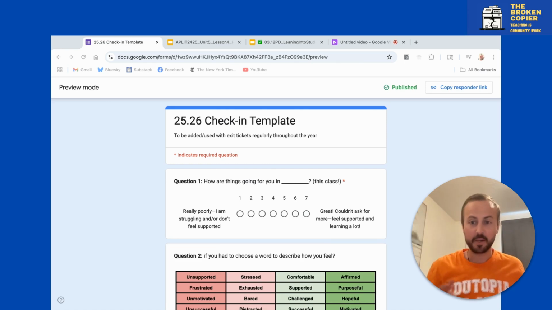All right. A couple years ago, Jim, who started the Broken Copier with me, shared this awesome survey, like this check-in that he would add to an exit ticket, put at the end of Google Forms. And I've adapted that to my classroom. And the last couple of years, it's become this core system that I wanted to share about today